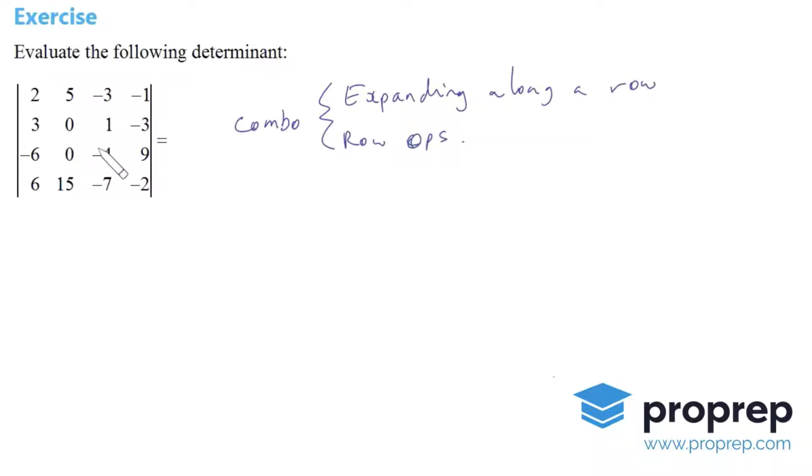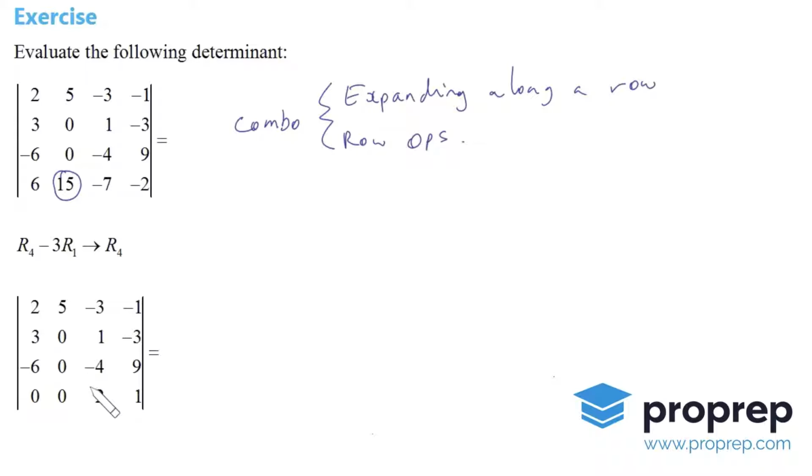So let's do it here. Now notice that this column could be brought to be mostly zeros, or 5 and 3 zeros, if I just got this to be 0, which I can do with a row operation if I subtract 3 times the top row from the bottom row, or more precisely, this row 4, subtract 3 times row 1 and put that into row 4,